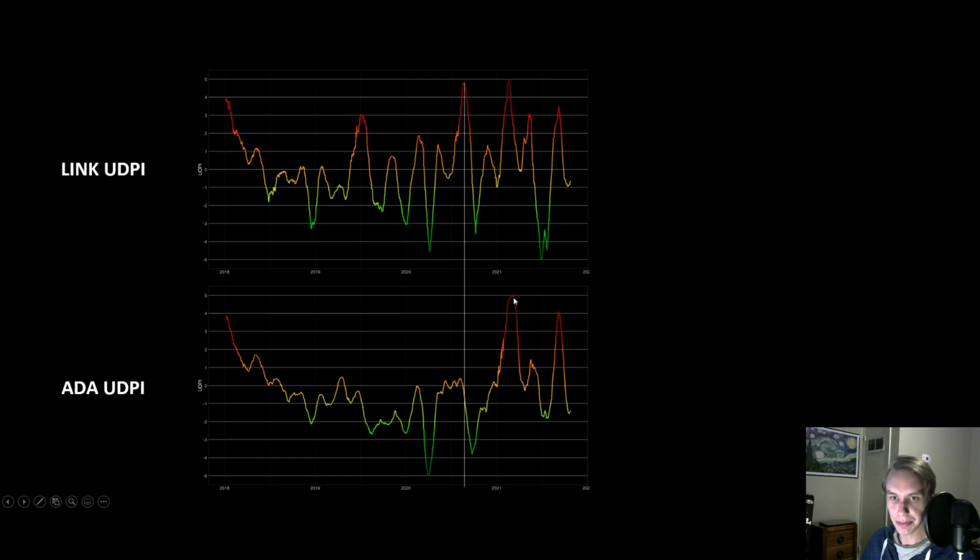One would have made a 10 or even 15x if you would have dollar cost averaged into here on the already profits of 10x from here. And so that's really the power of having multiple UDPI indicators to look at as we go through these bull runs. Because what you can do is that once one asset that you might have had a position in does a crazy move like this, does a 10x move in the case of Link from the COVID crash up here,